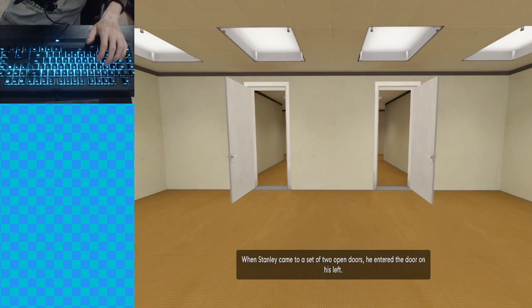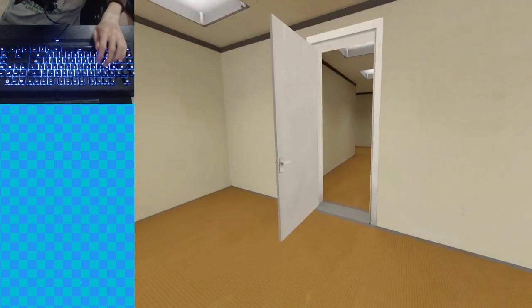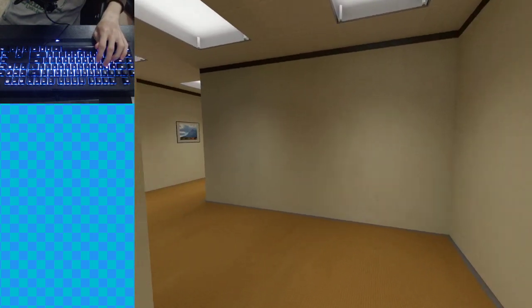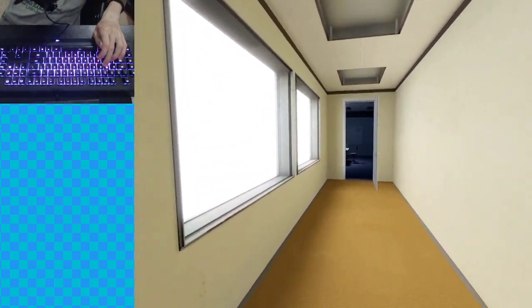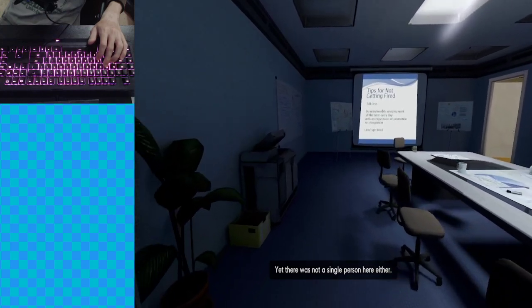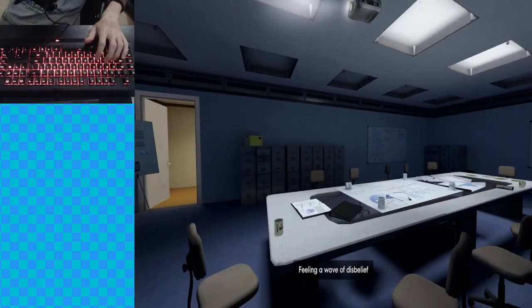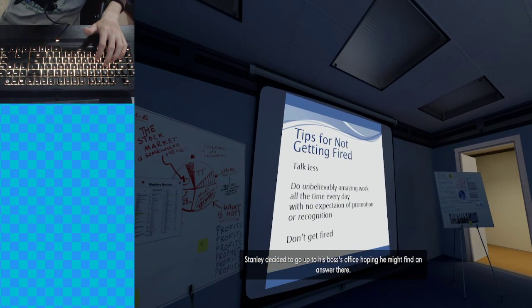Stanley came to a set of 2 open doors, he entered the door on his left. All right, here we go. Here's toy stores, Dad. All right, let's go left. Let's go the left. Interesting. 'Cause the narrator just gave us an achievement for just doing a simple 5 clicks on the door. Yeah. You know, he's rewarded us. Yet there was not a single reward here either. Feeling a wave of disbelief, Stanley decided to go up to his boss's office, hoping he might